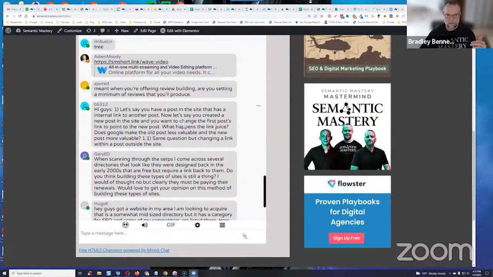So because of your internal linking structure, you're telling Google and all the other bots that crawl the site which pages are the more important ones. There's a few ways, right? So your hierarchy, the way that you have your content stacked, your pages and posts stacked within the site.